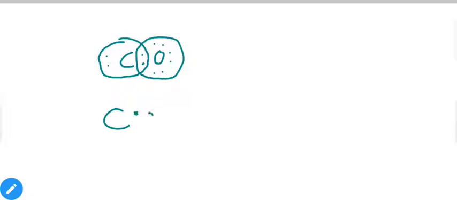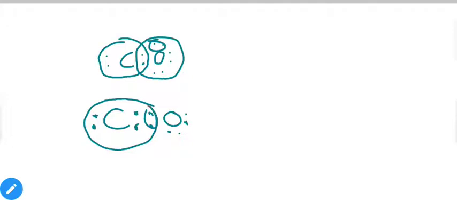So now we will put two more electrons between them. The extra electrons used belong to oxygen. This pair, let us say, was initially here, so now no electron pair is present there. Now let us count the total number of electrons around each. As you can see, around the carbon we have only 6 electrons, and around the oxygen we have 4 shared and 4 lone pair electrons. That means 8 electrons are still present around the oxygen. But to complete carbon's octet, we have to share one more pair. So the final structure will be something like this.